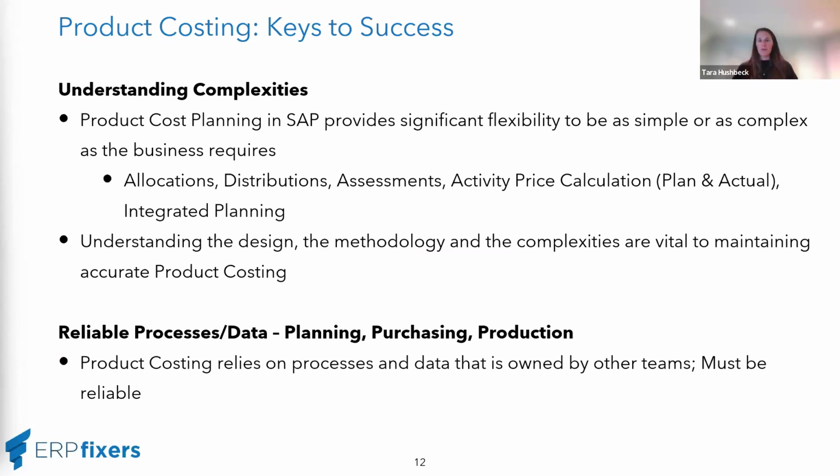And your product cost planning process can truly be as simple or as complex as your business requires. So your product cost planning setup can include things like allocations, assessments. You can do an activity price calculation within the system. You can have integrated planning. Really, there's just a lot of functionality within SAP that allows you to increase the complexity of your product cost planning. But understanding the design, the methodologies, the complexities is really vital to ensuring that you're maintaining that accurate